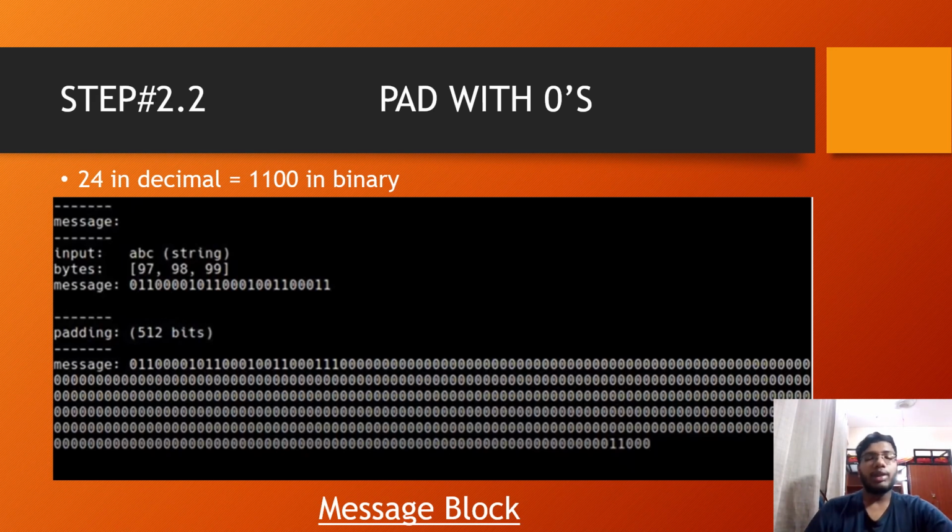We can take more than one message block, each containing 512 bits. This is possible when we have an actual message that is already more than 512 bits long. In that case, we will have to pad zeros until its number of digits reaches the next nearest multiple of 512, such as 1024 and so on. But in our case, since our input ABC is just short, we will only have one message block. Nonetheless, the operations done on each message block are just the same. Hence, what we will be doing next for our one message block, we'll just have to repeat for the other blocks, if any. Okay, so now